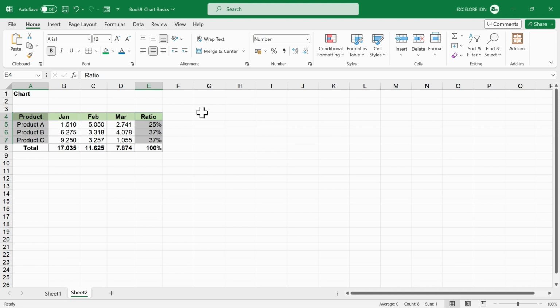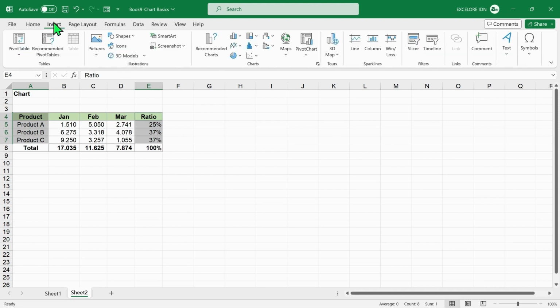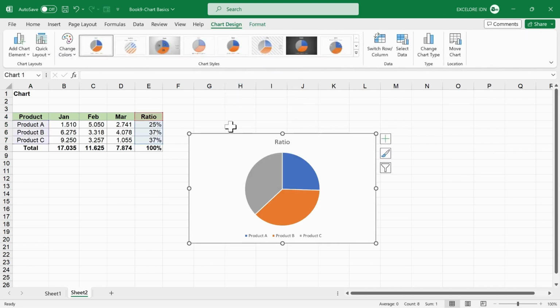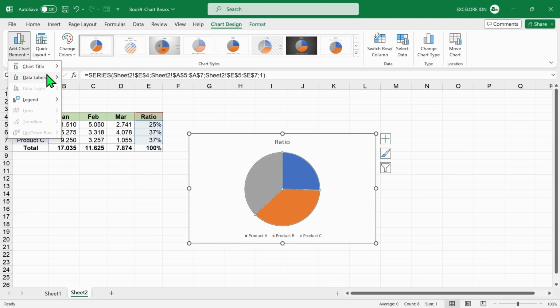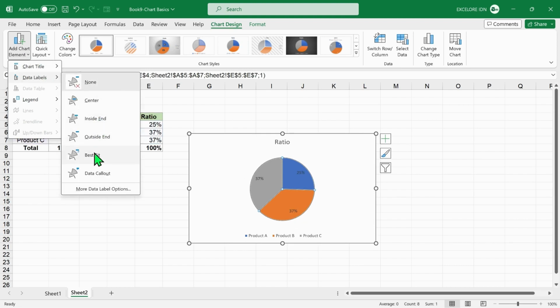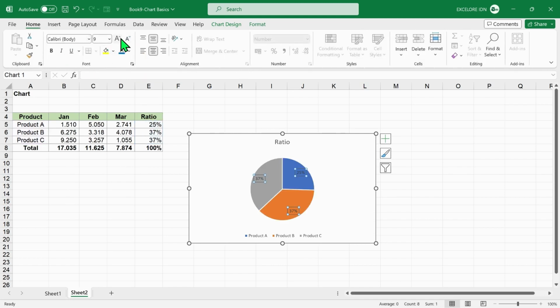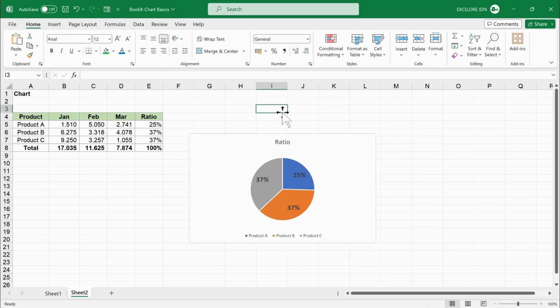Select the data range first. Then click the Insert tab. Then select Pie Chart from the Chart command group. In the chart form options, select this one. Click. Then the chart has been generated. Let's add the percentage contribution. Hover the cursor over the plot area until the cursor forms a plus sign. Click. Select the Chart Design tab. Select Add Chart Element. And choose Data Labels. Choose label position. And change the font size bigger. Make it bold. Okay, that concludes the basics of creating charts.